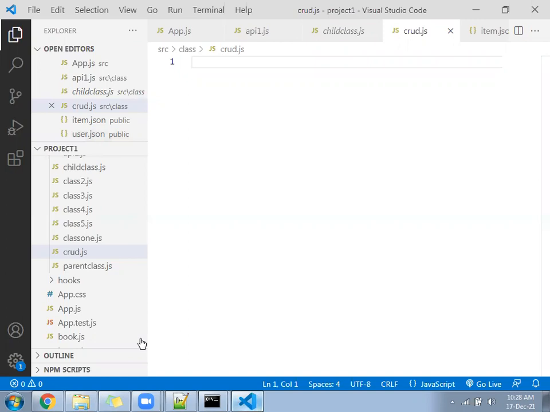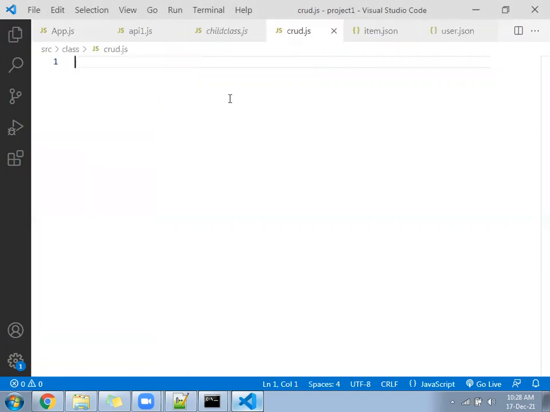Come to the crud.js file. Inside the crud.js file, you will import.